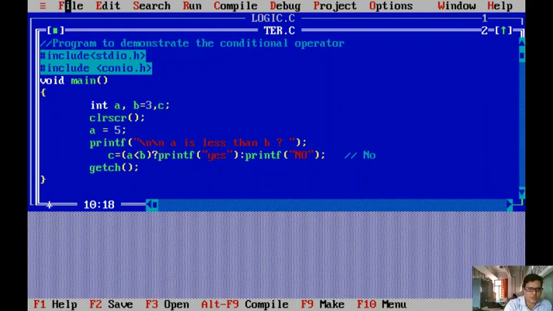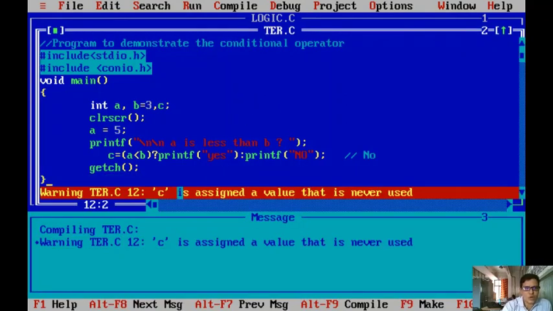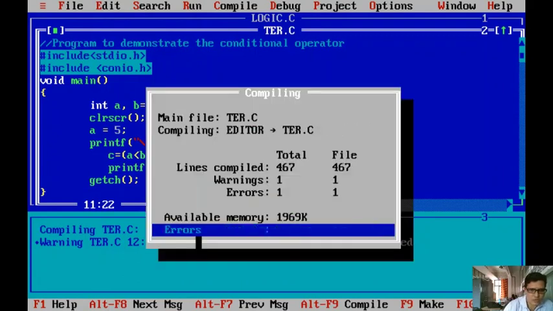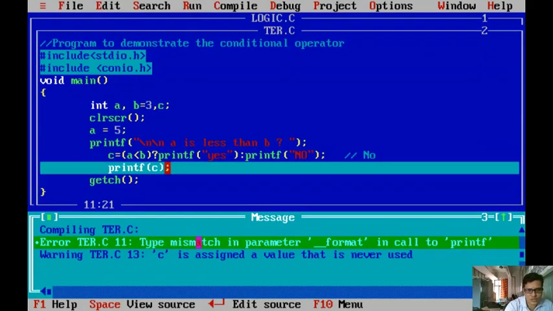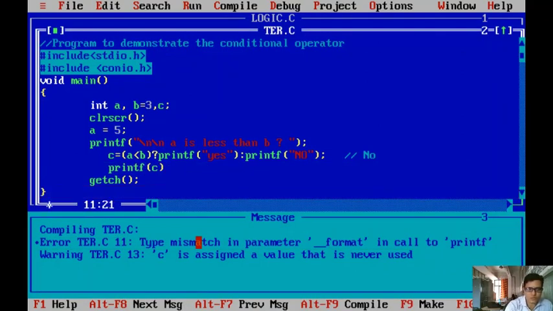Suppose, let me explain once again. I'm compiling and checking that error. What is that error? c is assigned a value, it is never used. It is a warning. For this, what you have to do is use printf, c. Directly you just give c. Let me check what will happen. I'm saving. Let me compile. Maybe you are getting one more error, right? Why? Because it doesn't have any format. So here we don't want to do anything.